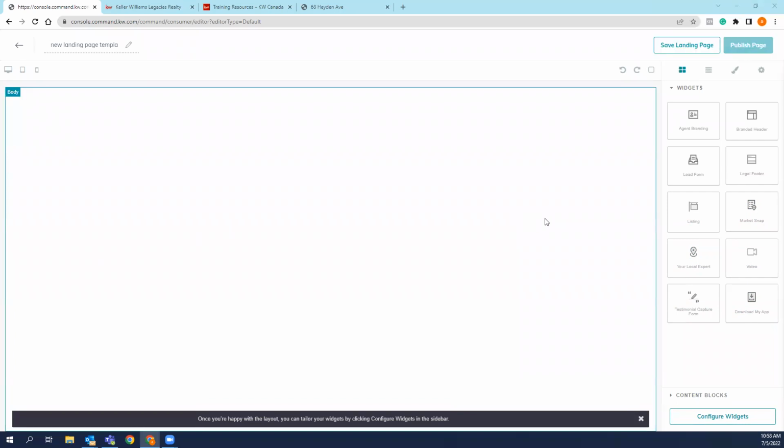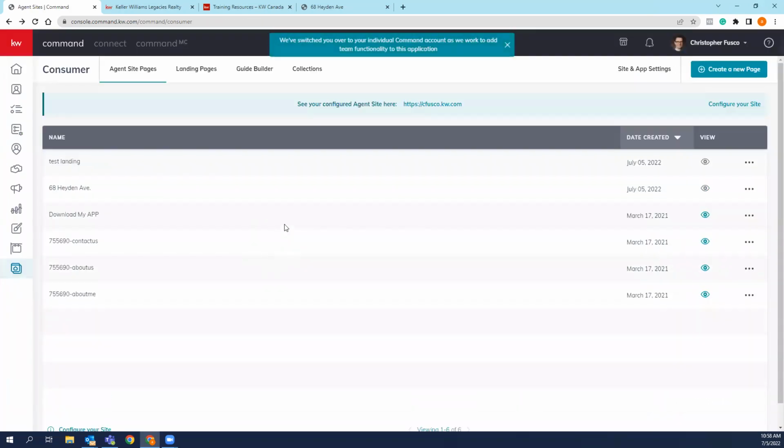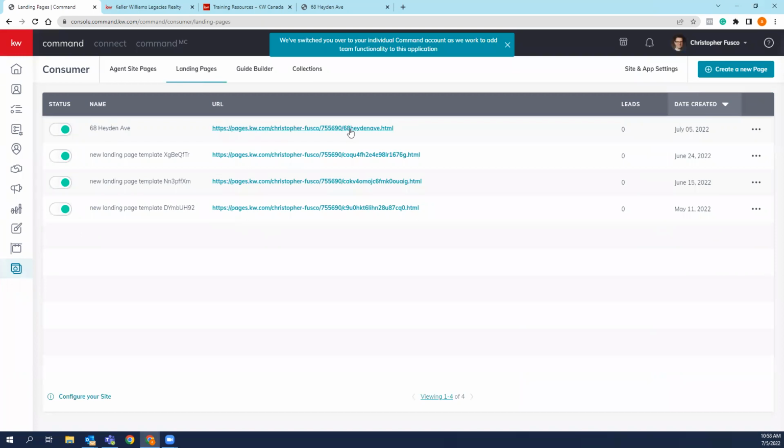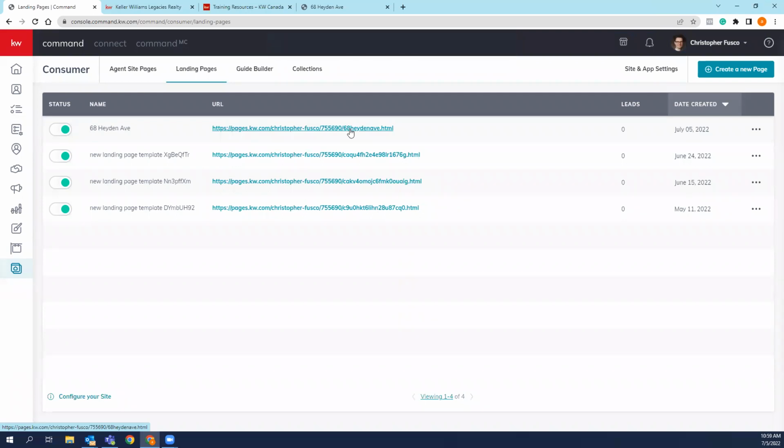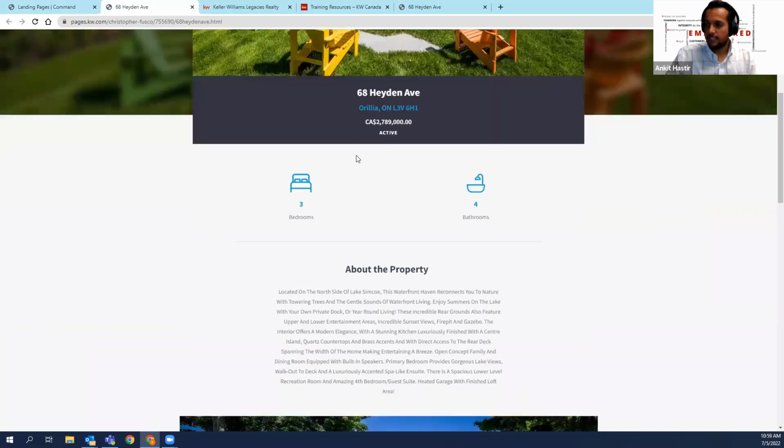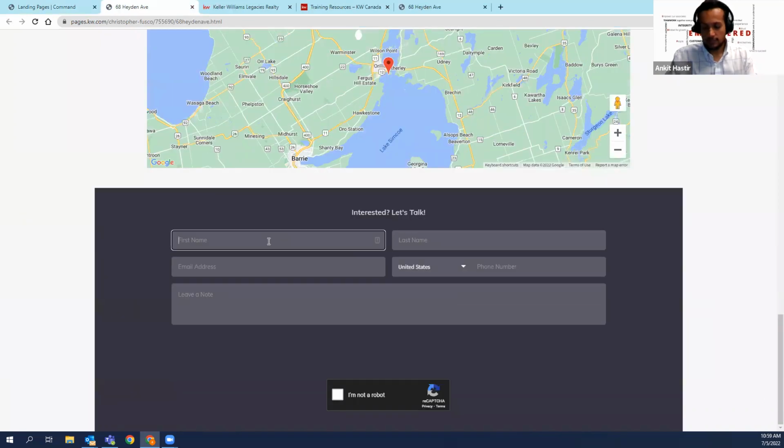So another thing is after you create your standalone landing page with lead generation form, you have this link and insert it in your smart plan, email campaign, or text. Correct. So if somebody fills in this form, let's say I fill in this form, right? So let's say Ankit, that's their email address is